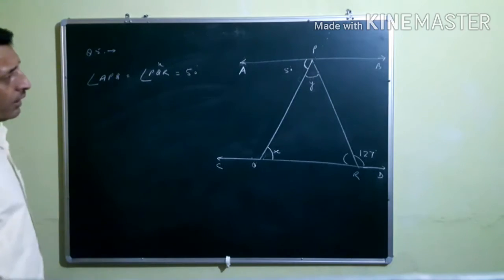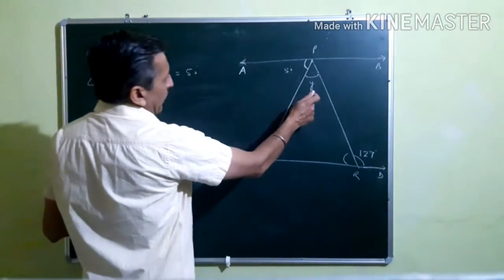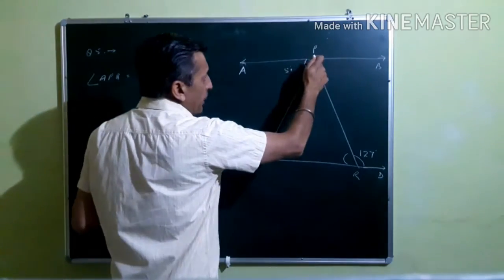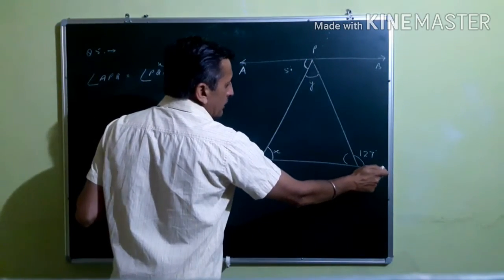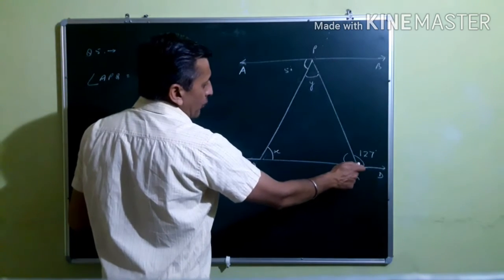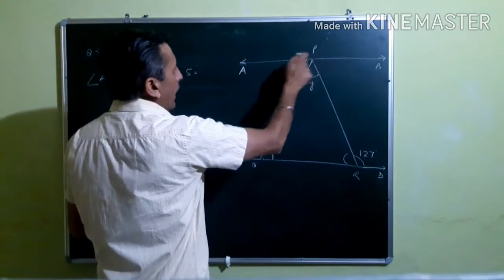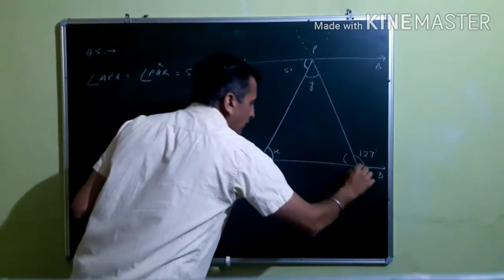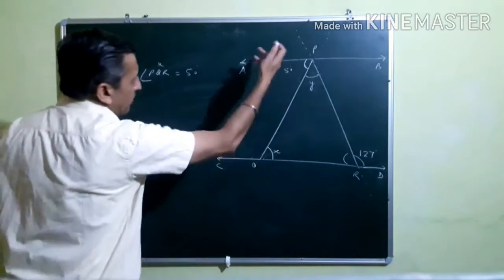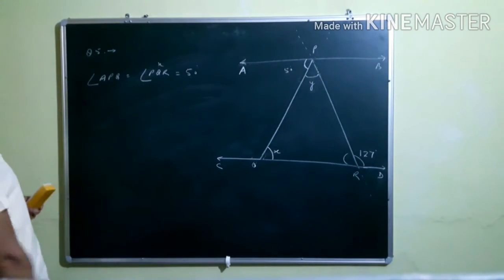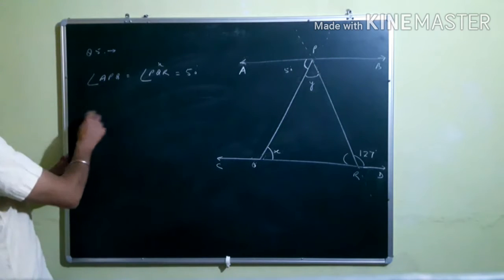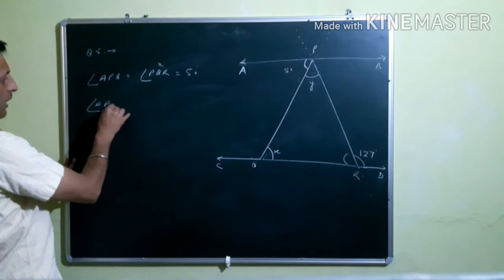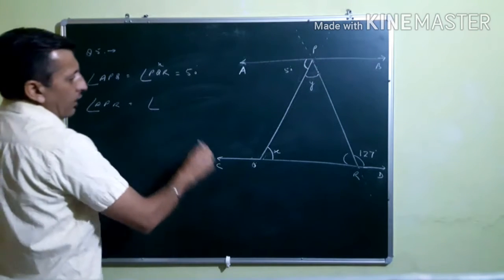Now, if you want to find the second part, Y, once again I am going to use the same concept. In this case, PRD is one of the angles, and the second angle I am going to use is RPA, this one. Once again, this is your transversal if we extend it like this, and the lines are once again parallel. So once again, you can use the same concept. So in this case, as we know, angle APR is equal to angle PRD.